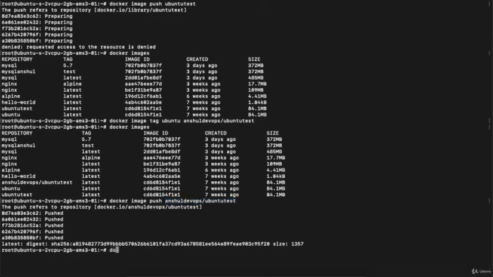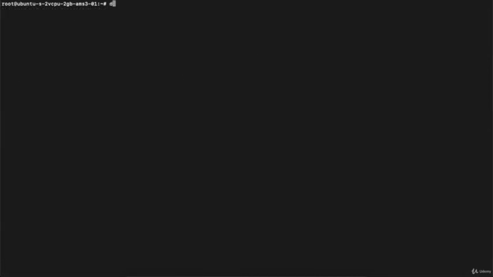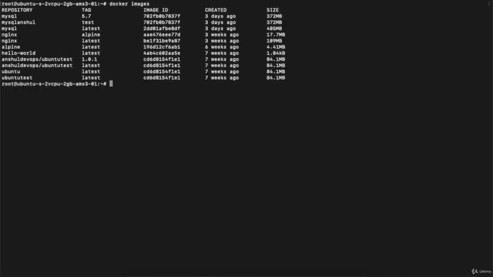I will execute the command docker image tag, specify my image name, then again specify my image name but with a specific version like 1.0.1. Hit enter, clear my console, and again execute the command docker images. So we can see another image with the tag 1.0.1 is present over here, right?